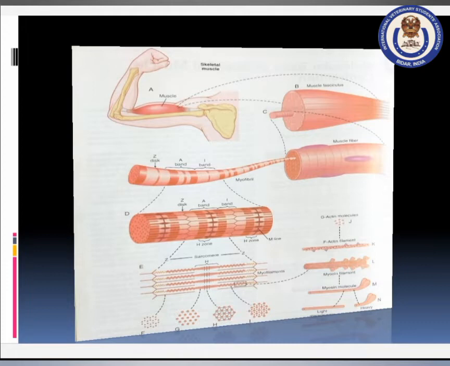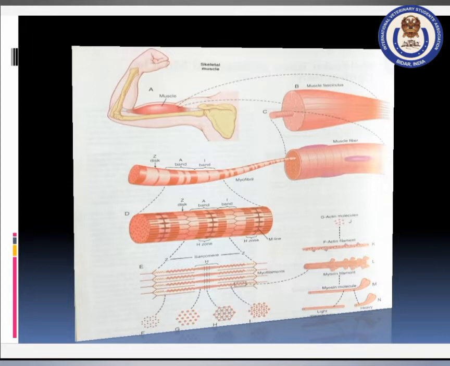Skeletal muscle is made up of many muscle bundles, that is fascicles. Fascicles are made up of muscle fibers, also called myocytes, and a myocyte is made up of many myofibrils. Myofibrils are made up of myofilaments. Myofilaments are the smallest unit of skeletal muscle. Skeletal muscle is wholly surrounded by the epimysium, muscle bundles, that is fascicles, are covered by the perimysium, and muscle fibers, that is myocytes, are covered by the endomysium. The pigment present in the muscle is called myoglobin, which is the oxygen reservoir.